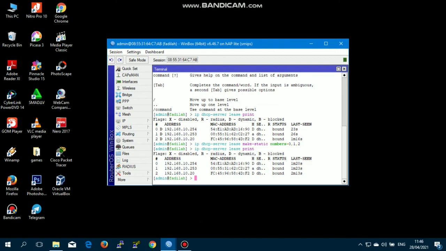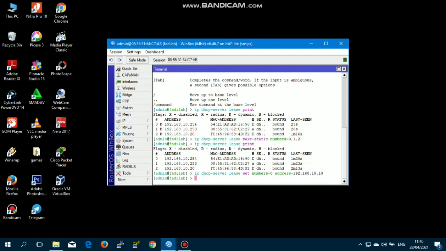Next, we change each device's IP address statically with the command IP DHCP server list set numbers 0 address 192.168.10.10.